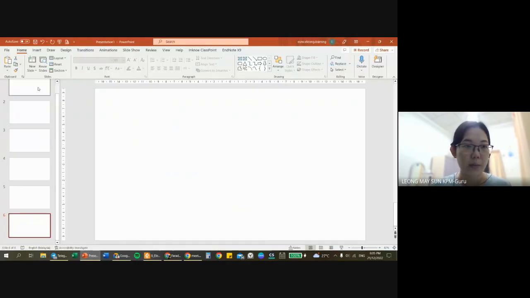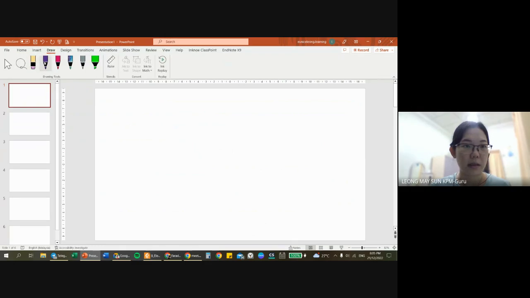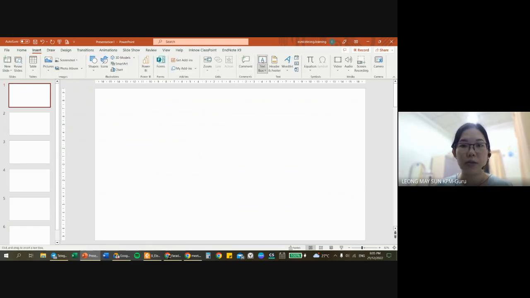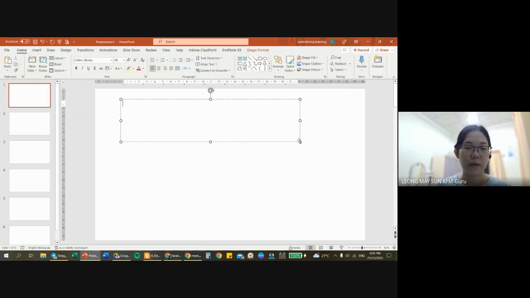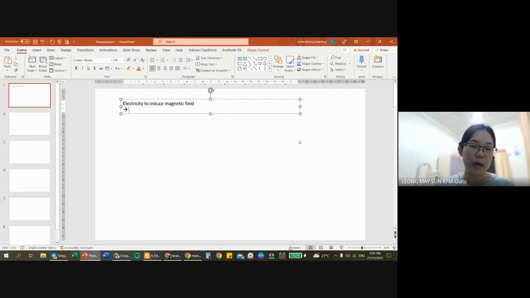So what I've mentioned previously, in the chapter of electromagnet, we are talking about using electricity to induce magnetic field. Just a quick summary, right? So how do we actually identify it's electricity to induce the magnetic field? Well, in the circuit,